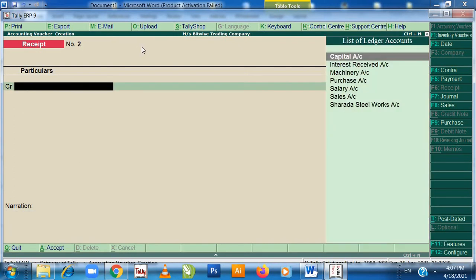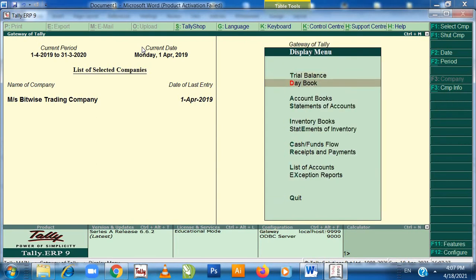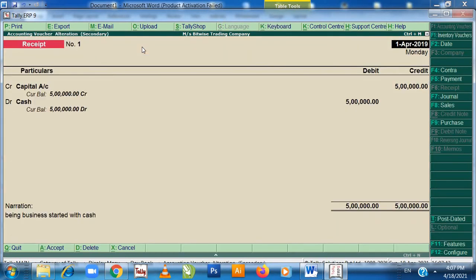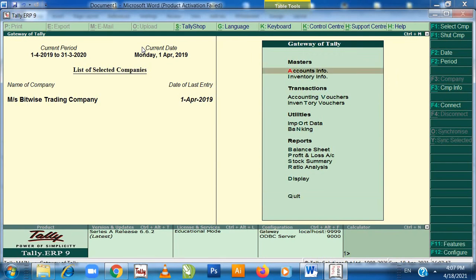Enter. Now, if I want to see whether I have done the entry right or not, I have to go to display and the day book. Here you can see the entry. It is the receipt, cash account debit to capital account. I have to do another entry. Go to accounting vouchers,